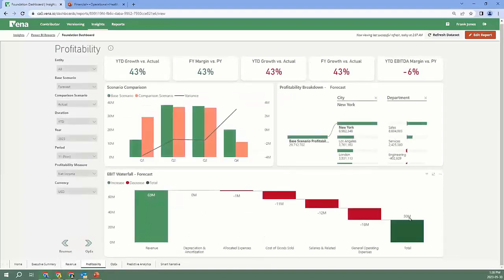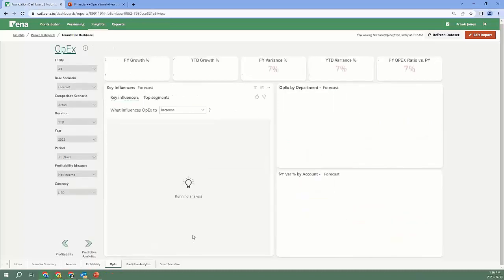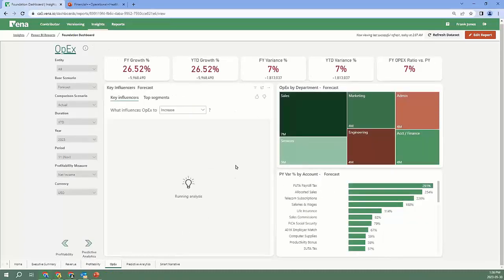Profitability, things like the EBIT waterfall. Again, I can highlight one of these and it shows me, for example, my general operating expenses consist of advertising, meals, promotions, and so on. So I'm starting to get some insight into my data and being able to see what's going on. Look at my OPEX. So now some of this machine learning, the smart